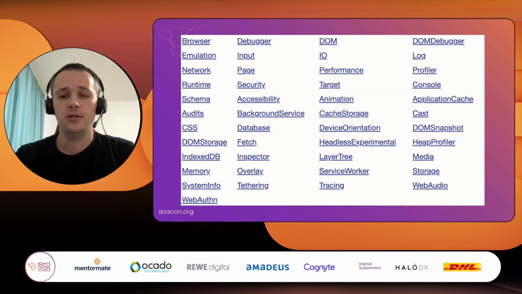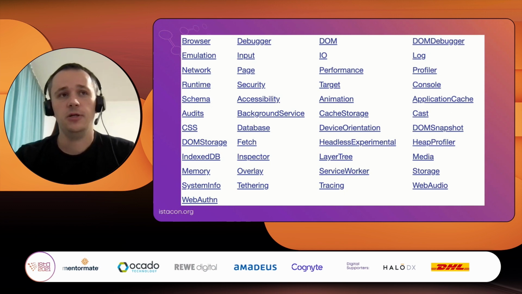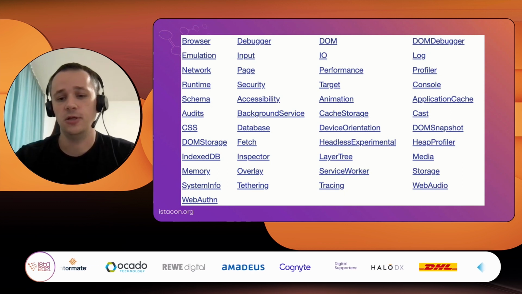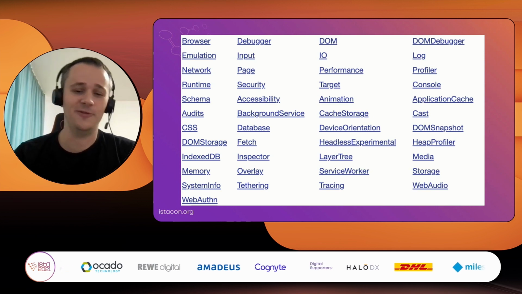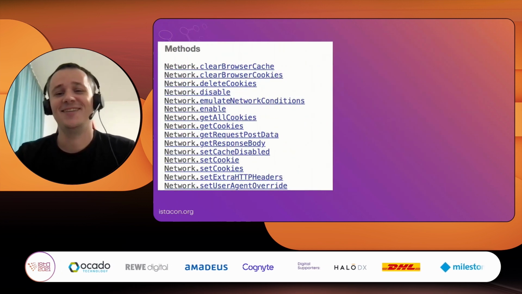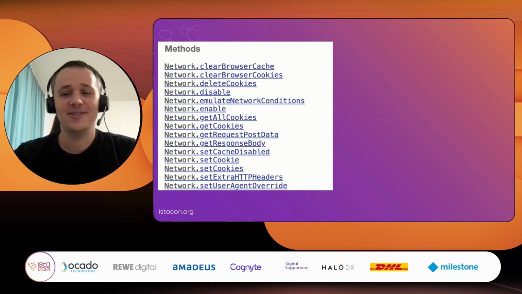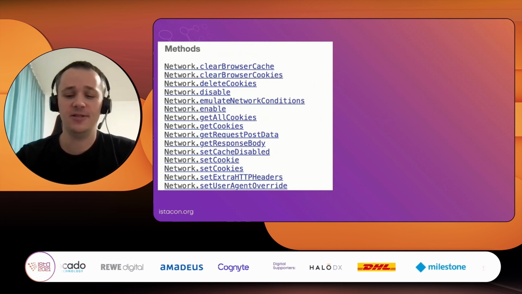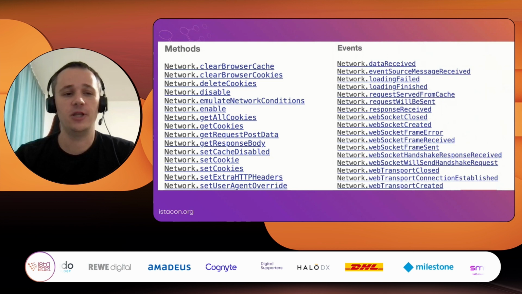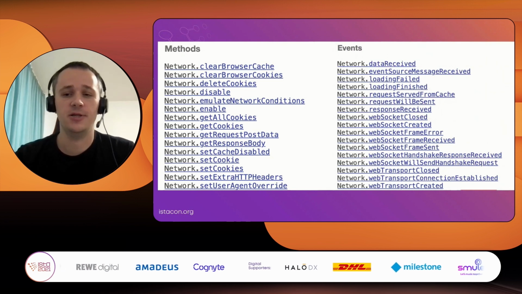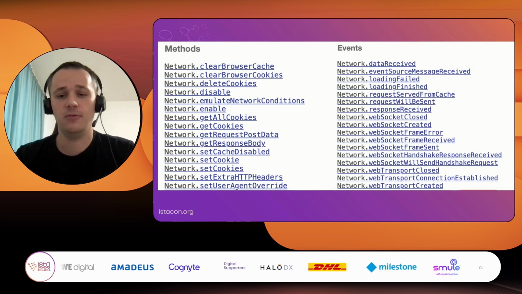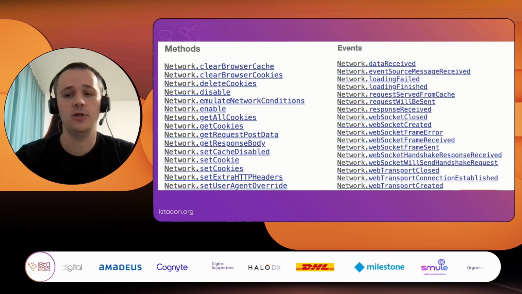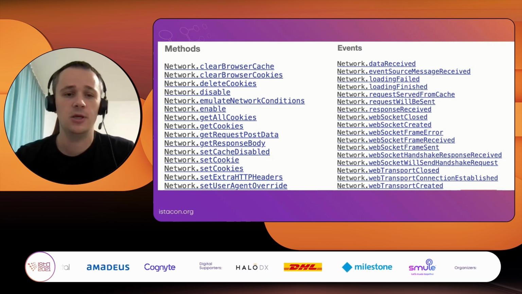Instrumentation is divided into a number of domains. Here you can see all the domains which are currently available for the Chrome DevTools Protocol. Each domain defines a number of commands and events that it can generate. Both of them, commands and events, are serialized JSON objects of a fixed structure. During the topic today, I'm going to use the network domain, emulation domain, log domain, and a few others in the